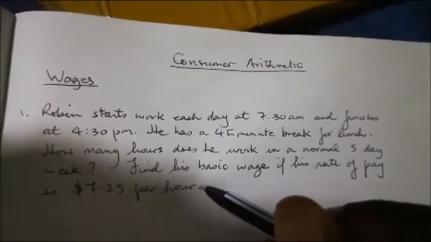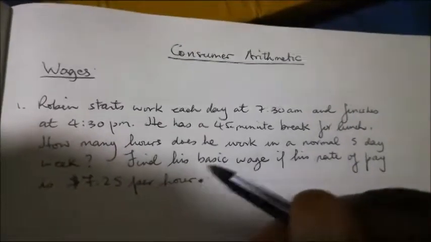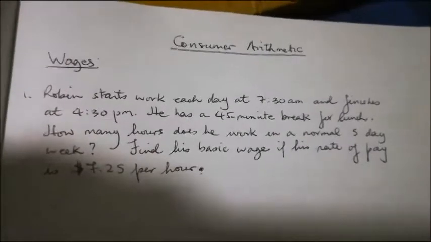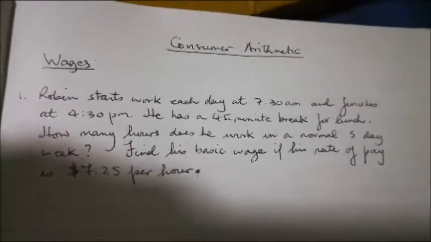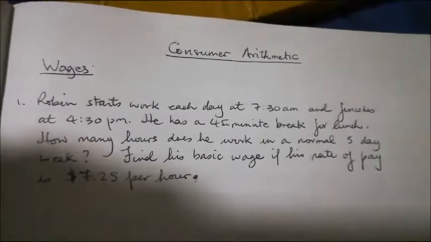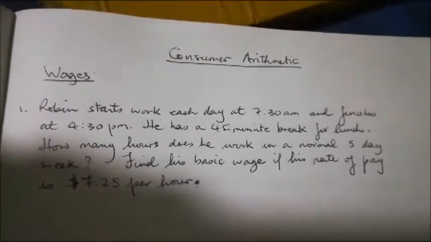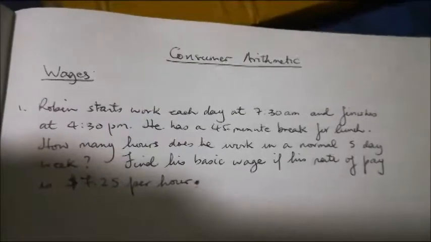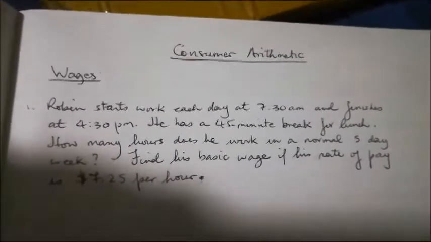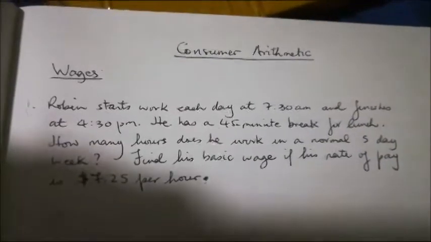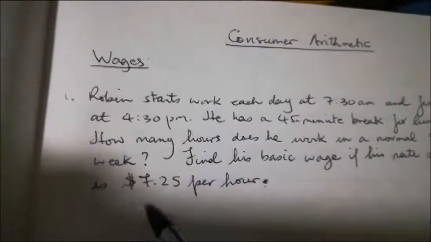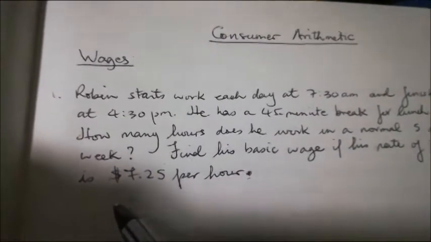Not a difficult question. We just have to arrange it in a way where it makes sense, right? So what we need to do, first of all, is to determine Robin's daily hours of work, right? So we have to do a little manipulation of the question, right? Now he works 9 hours, and we're going to subtract